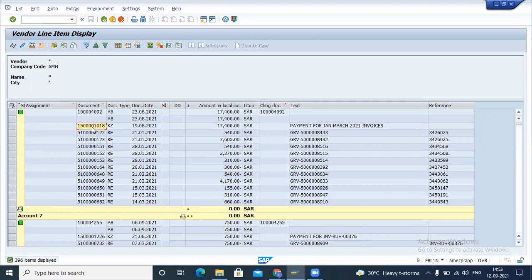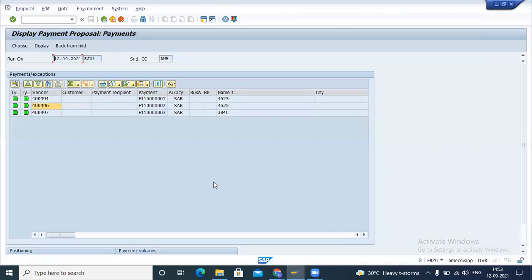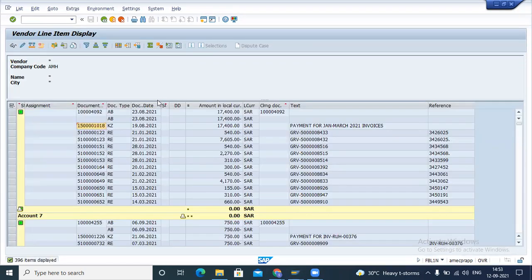Okay. Let's go in here. Here we will have this dummy number, this voucher number, which will start with F1. Because the actual document number will be created once you are parking the document or doing the actual posting.